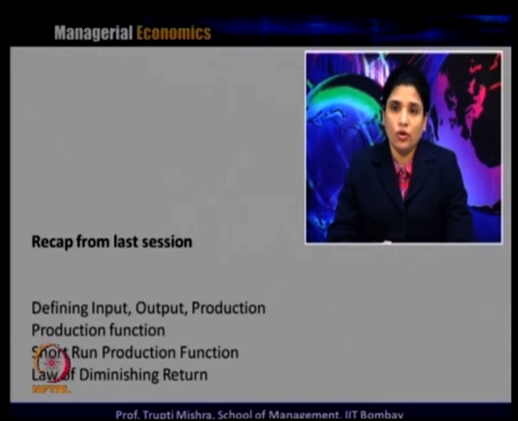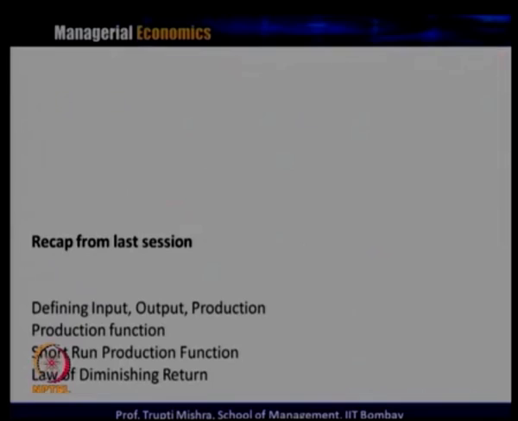Then in case of short run production analysis, we understood the law of diminishing returns, generally how the total product decreases when you are keeping one input fixed and you go on adding or increasing the other inputs. So after a certain threshold point, generally the total product decreases, average product decreases, and marginal product goes to a negative segment. In today's class, we are going to discuss the long run analysis of production, specifically the return to scale.